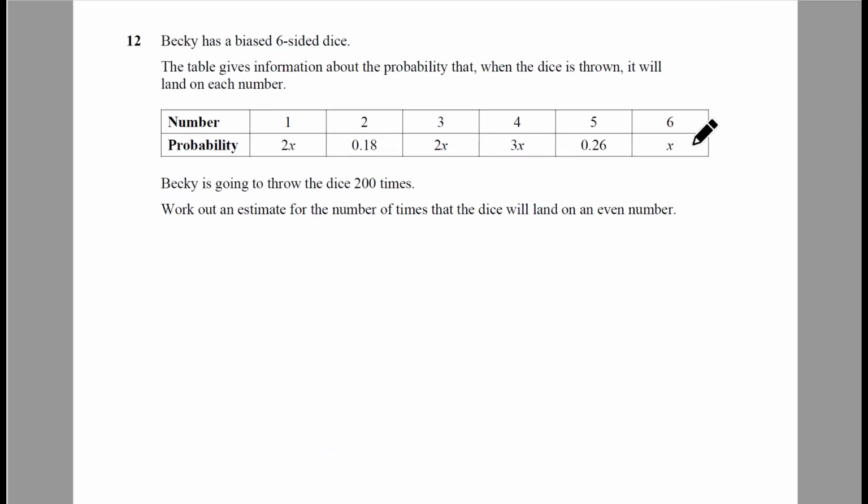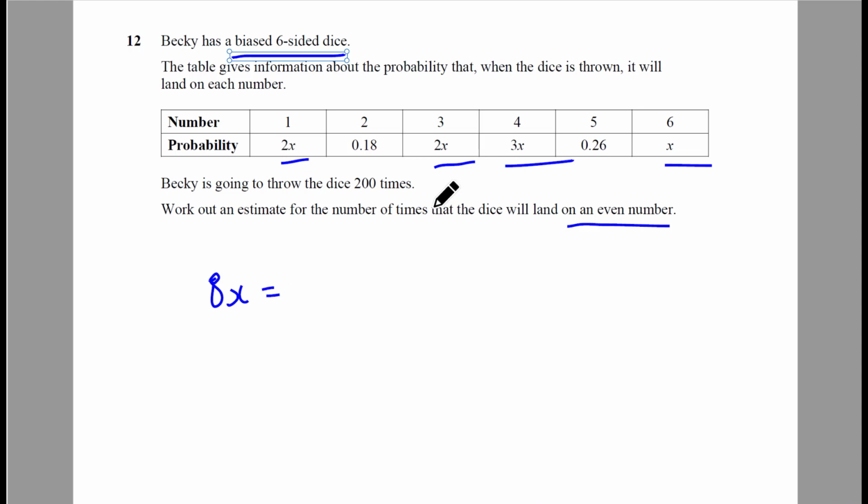Question 12. It's a probability. It's a bias, so it's not fair. You can see the percentages or probability of getting each number is different, and an estimate for the number of times that the dice will land on an even number. So essentially what we've got to work out is, what is x? So you can see we've got 2x, add 2x, add 3x, add x. So that's 7. So we've got 8x